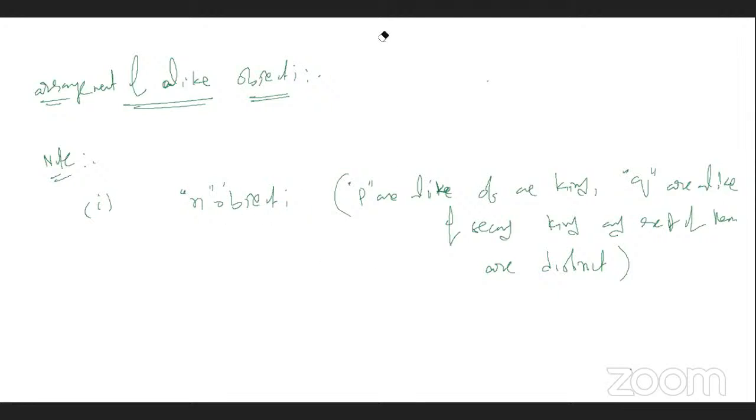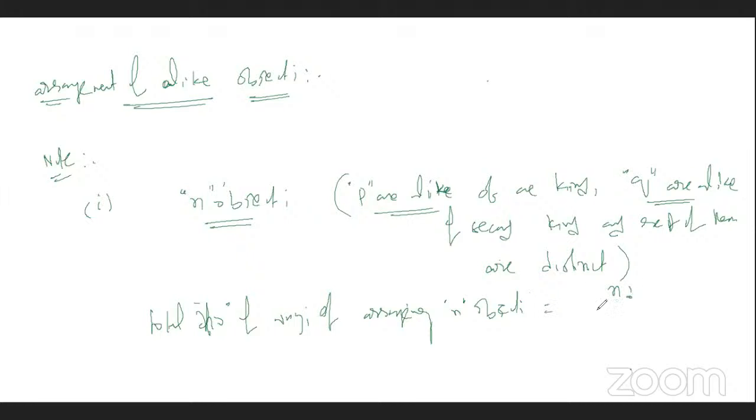Here, look, in total how many objects are we having? n objects. In this, P are alike of one kind, Q are alike of second kind, and the remaining all are distinct. Then the total number of ways of arranging n objects